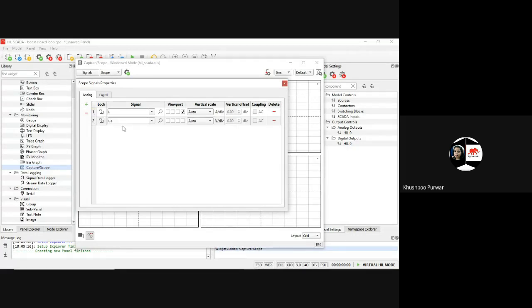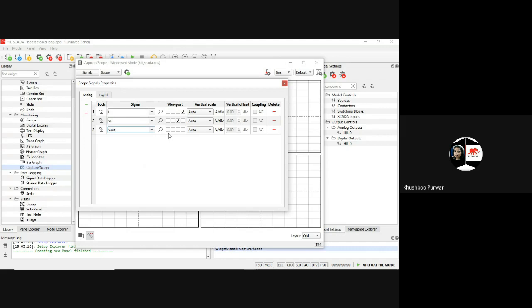Then you can add the signal for what else? I want to see the VL also, the output voltage across the L. So I'll be using the VL, and VL you can check it on the third viewport. If you won't tick, then signals won't come. What else do I want? I want to check the modulating signal and V output.